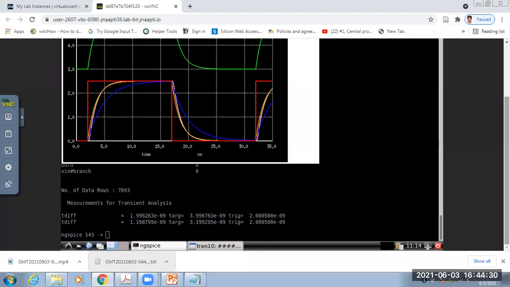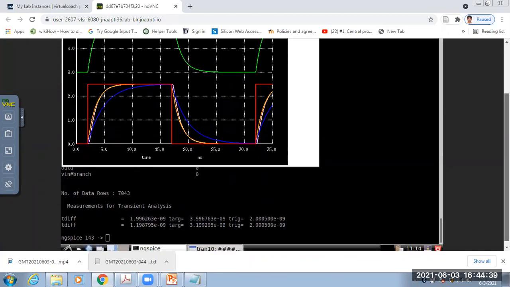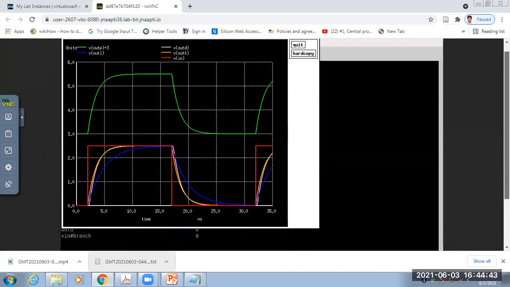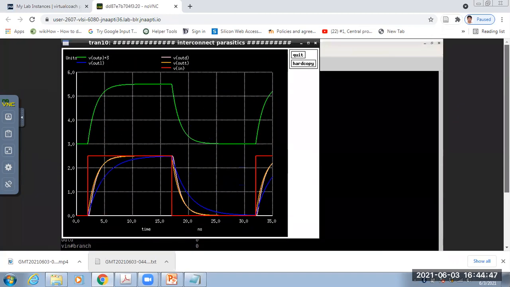No, sir, not changed. Let me check. It will come the same for everyone because we are using the same resistance, same capacitance, same voltage source. Let me check. There's something very different.